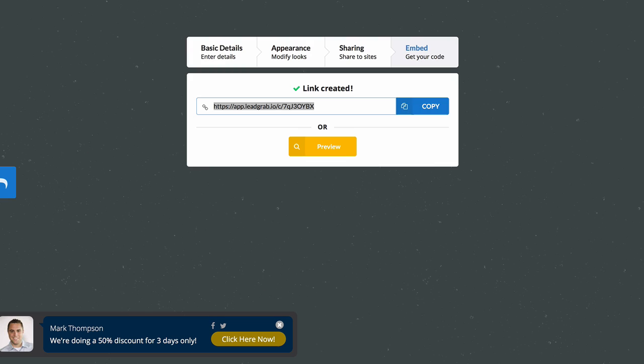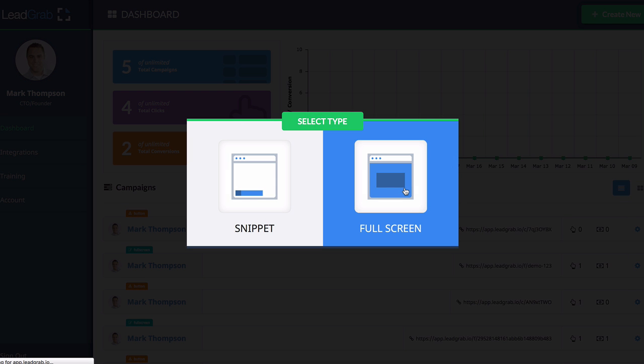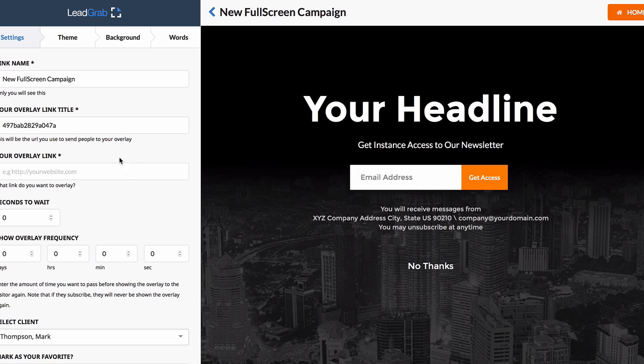Okay, so that's how easy it is to create a snippet type of LeadGrab. Now I'll show you guys the full page one as well. If I click on Create New, go to Full Screen, you'll see that it's going to be the entire screen. Okay, so I can choose my unique URL, whatever I want this to be. So webinar sale or something like that, and then where I want this to go to. So I want this to go to, say,